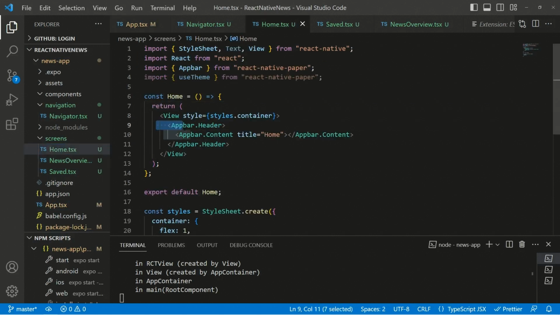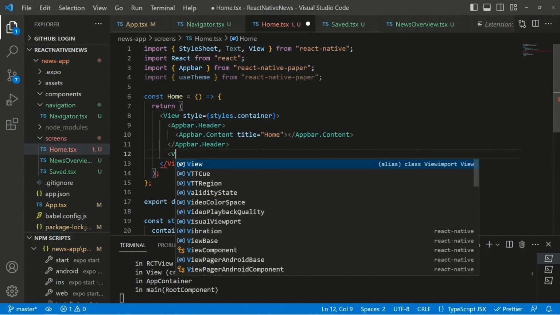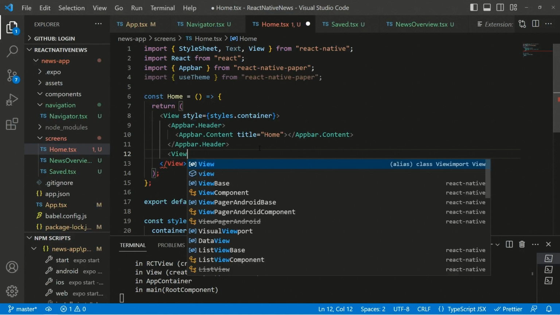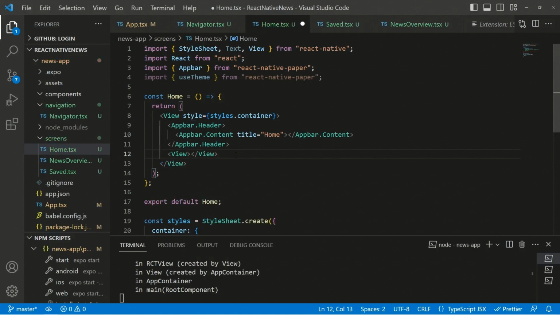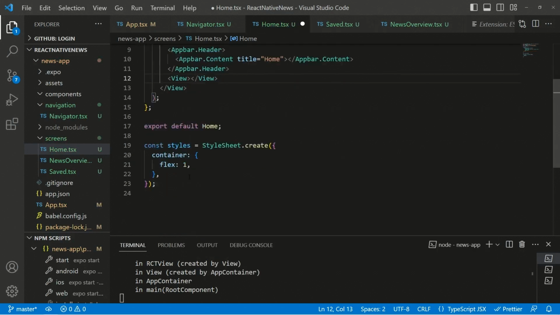We are rendering the header. So now after the header, we need to render some filters to search for the news. So for searching for the news, we need to add the filters as well. For using the filters, what we can do is first define some stylings for that. Like here, we'll be having the view again for the styling. So here we have the view, and inside this view, first we can provide